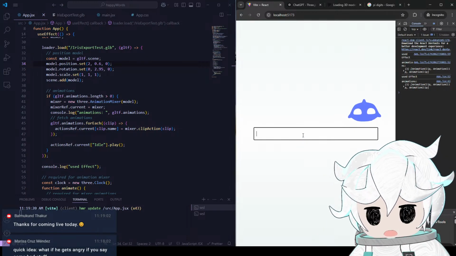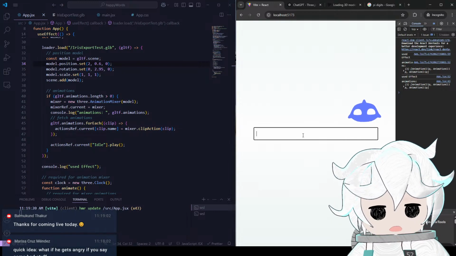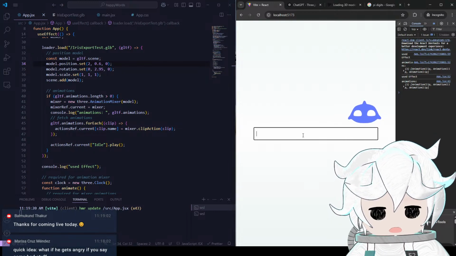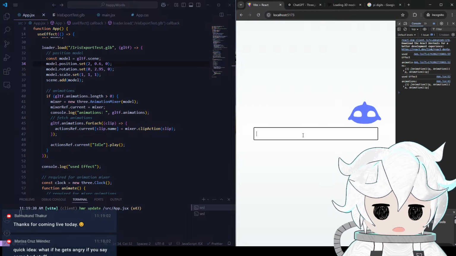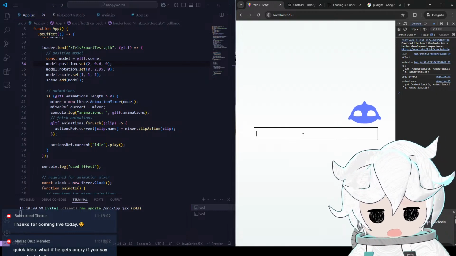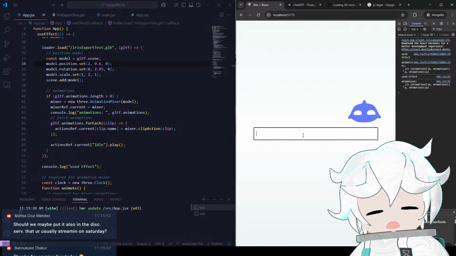But yeah, this is really exciting. I actually am making this because I want to propose a mascot to the ChatGPT wrapper startup that I'm working at. I think it'd be so cool if